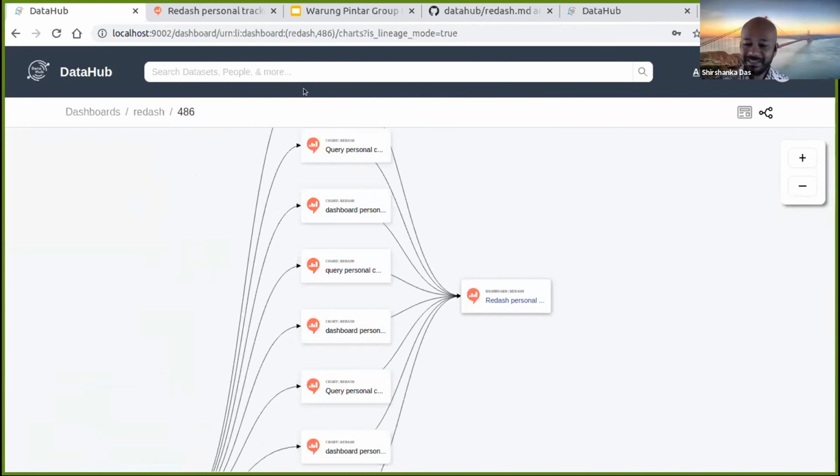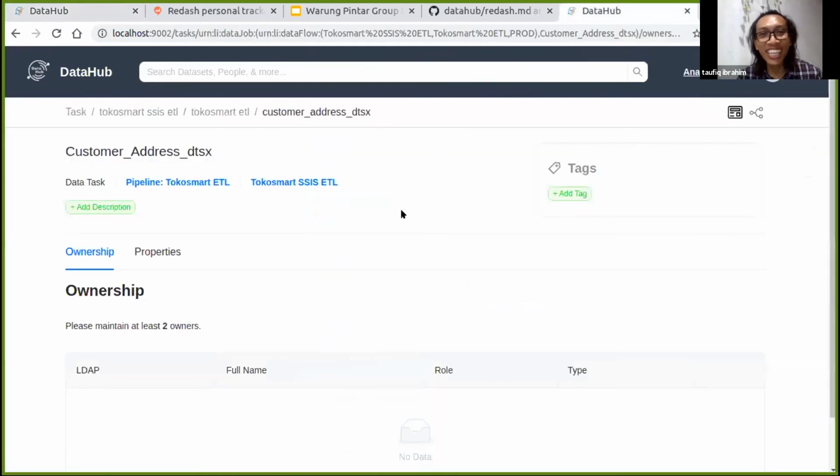Cool. I think someday you can probably demo for us the massive lineage graph that you showed me once. If you want to, yeah, I can do that right now. I already prepared that for you. So